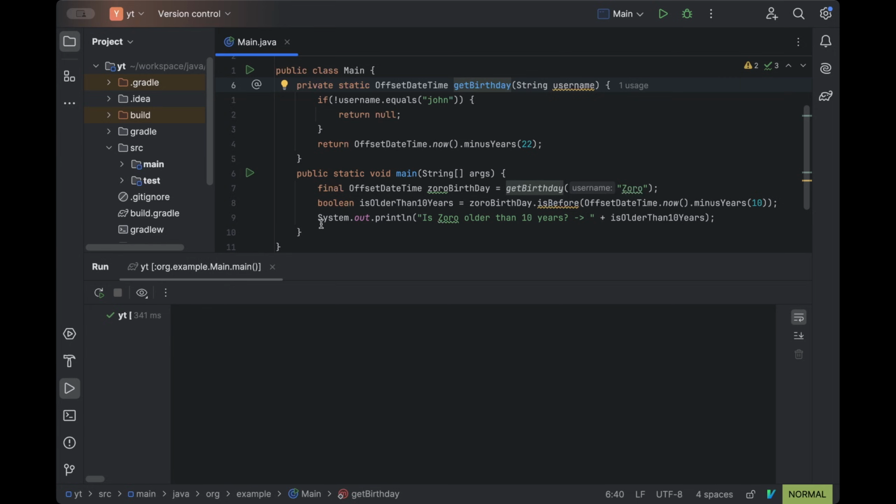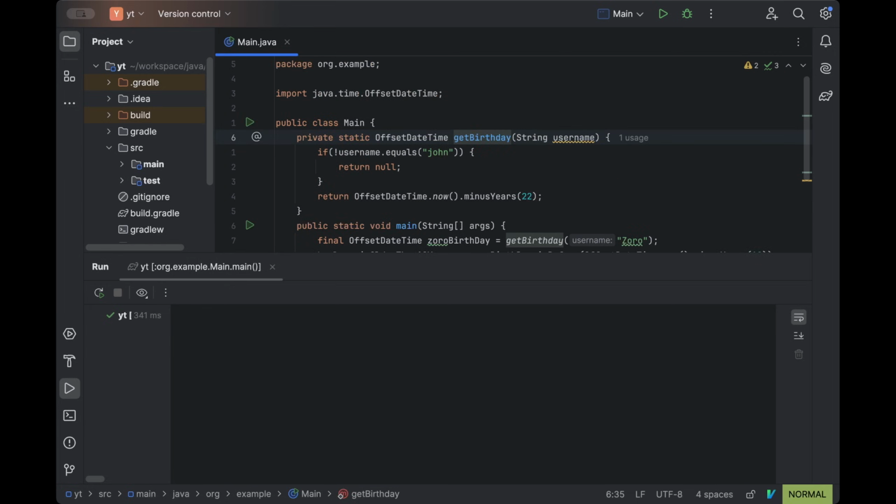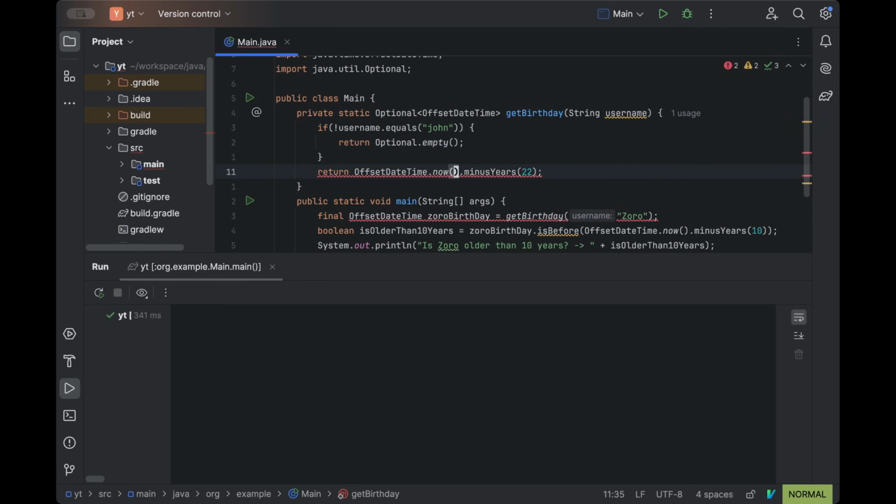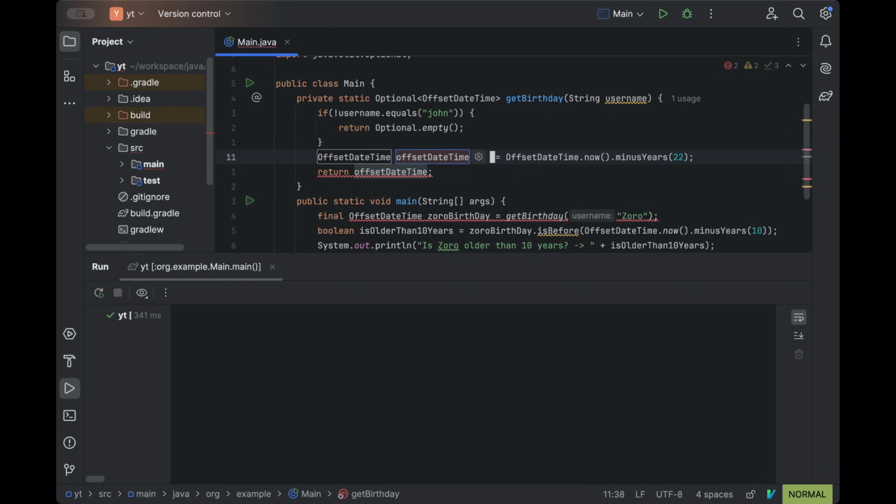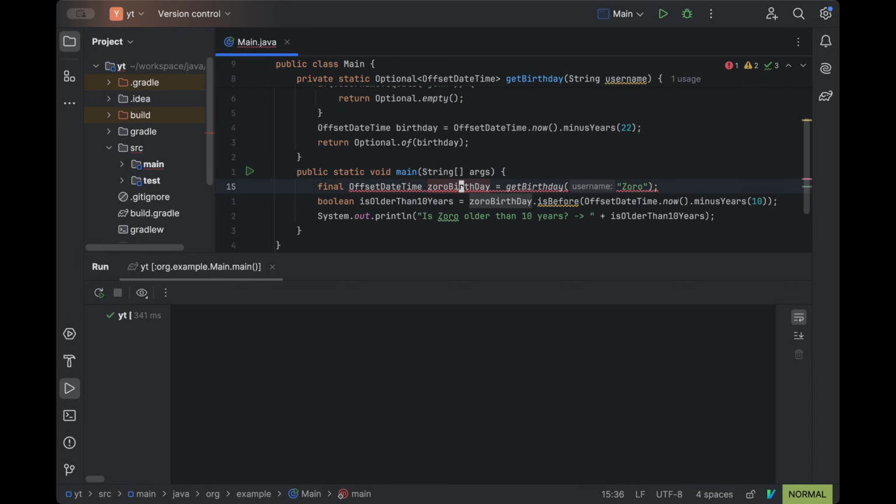code. And what Optional solves is that it lets callers know that this method may not return the information you are looking for. In this case, let's fix this. Let's use Optional over here, and then Optional.empty over here, and let's save this in a variable. Perfect. And this Optional.of. Nice. So over here, now it returns an Optional,